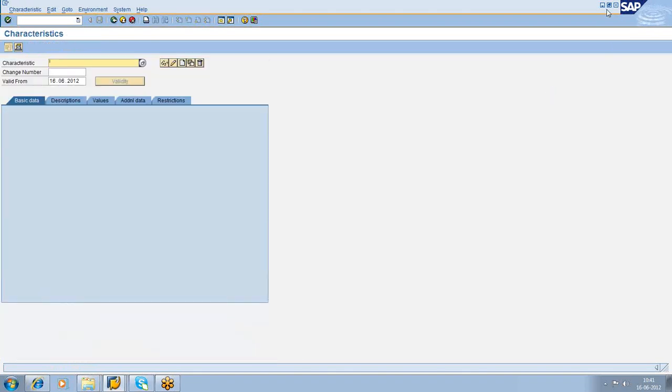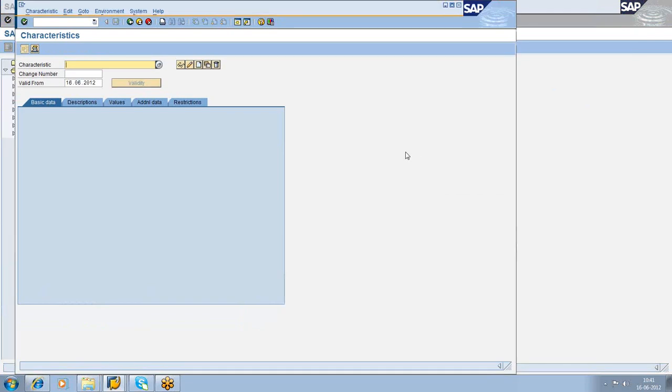Here, what we have discussed, I wanted to make PO value. PO value is one of my characteristics, isn't it? So what you can do is, you see here, you just go with create. If you go with create, it's going to create a characteristic. While creating a characteristic,